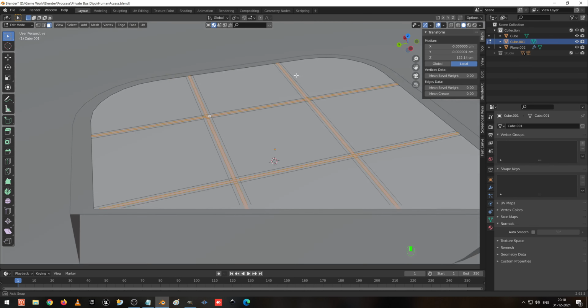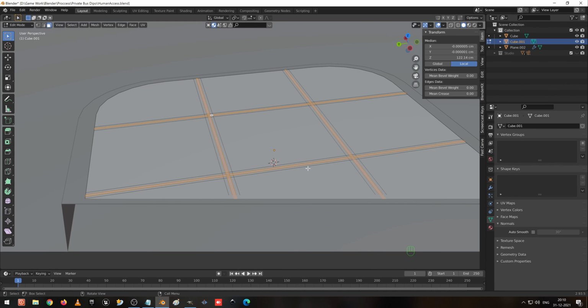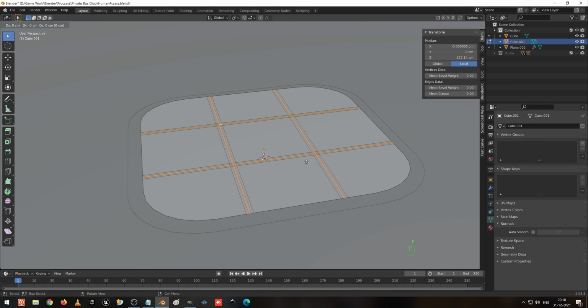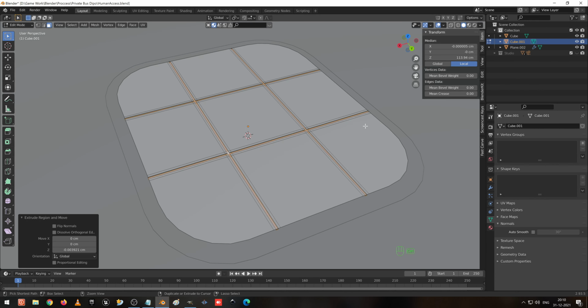So now I have selected the faces and I press Alt S to slightly down. Sorry, I press E to extrude in Z axis slightly down like this, and I press Ctrl plus to increase the selection.